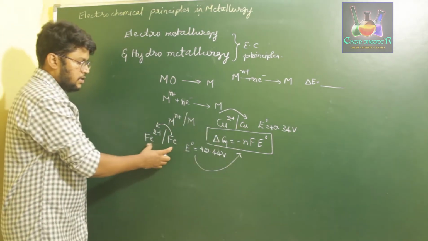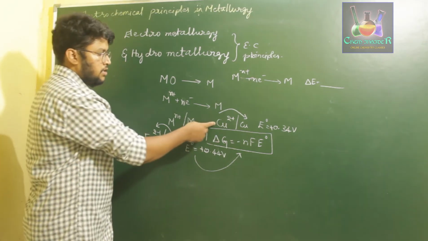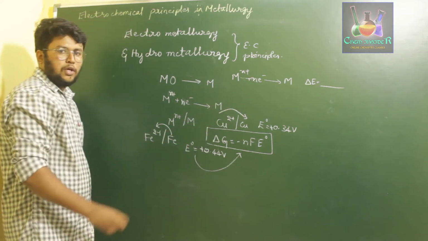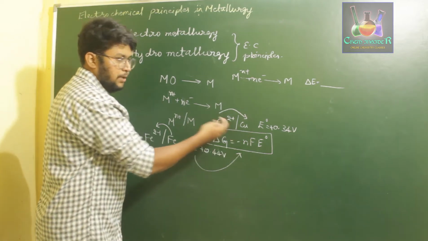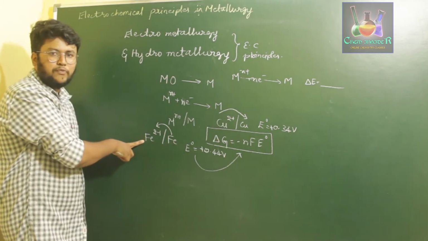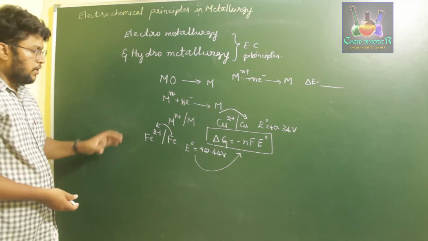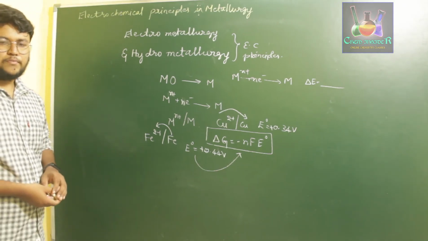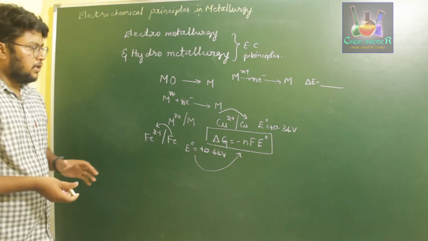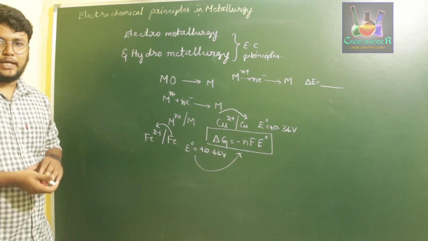So in this case we have Fe, which can get oxidized to become a feasible reaction, and we have Cu2+, which can feasibly form copper. So if we have to reduce Cu2+ ions to copper, we can use iron atoms and first oxidize them to Fe2+ ions. Thus we can use a suitable reducing agent according to its electrode potential value. This electrode potential value defines how we are going to extract a metal from its metal oxide by reducing those metal ions to metal atoms.